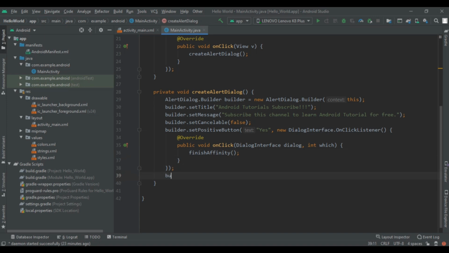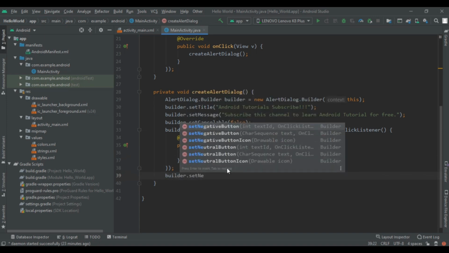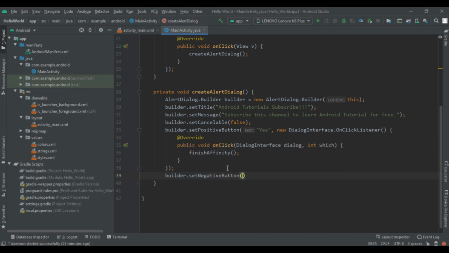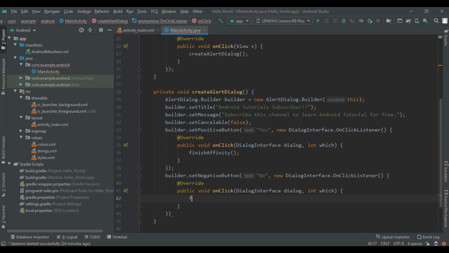Now again write builder.setNegativeButton and pass No. If the user clicks No, then we are going to make the dialog disappear. So dialog.dismiss, or you can use cancel.